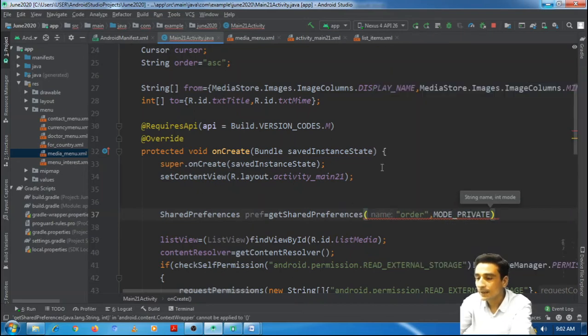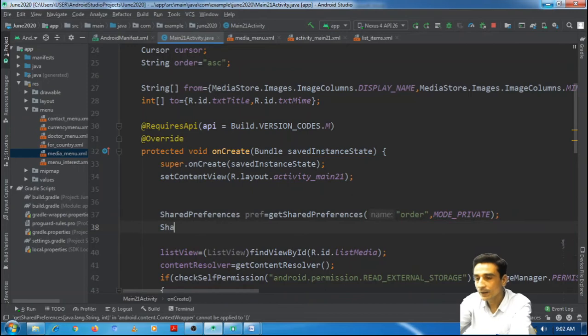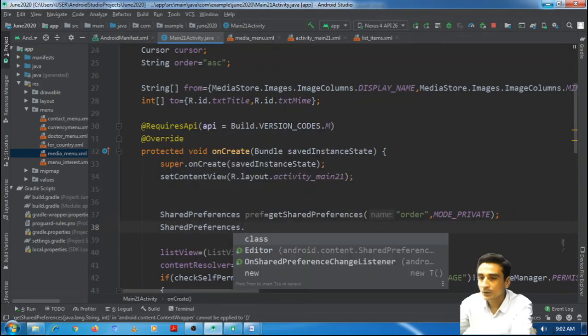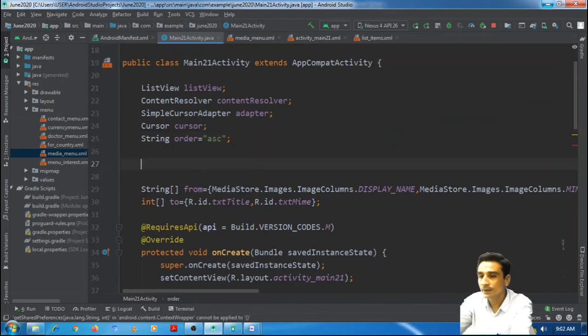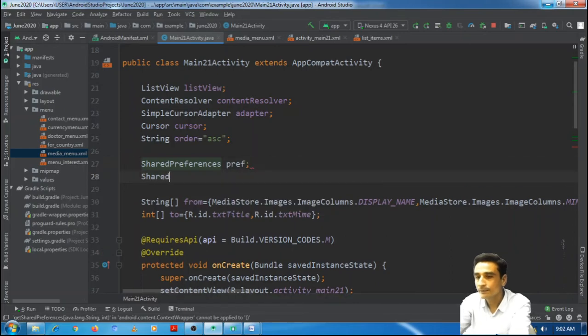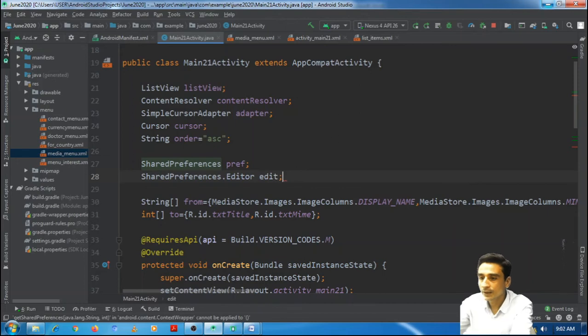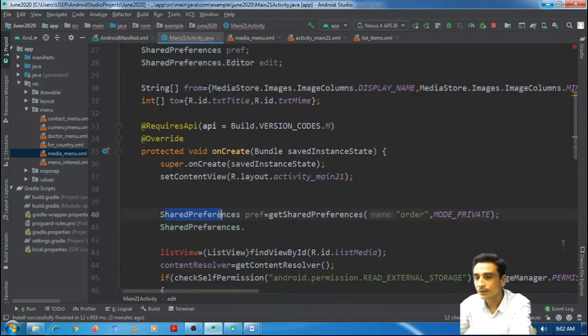Then I will retrieve an object of shared preference dot editor. I should define them here, shared preferences pref, and shared preference dot editor edit. And here just initialize them in on create.